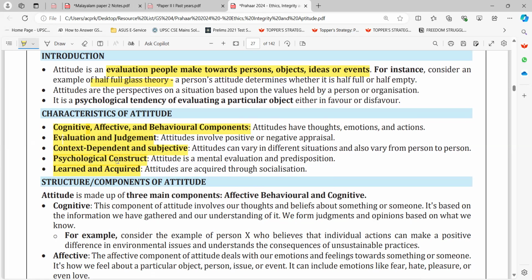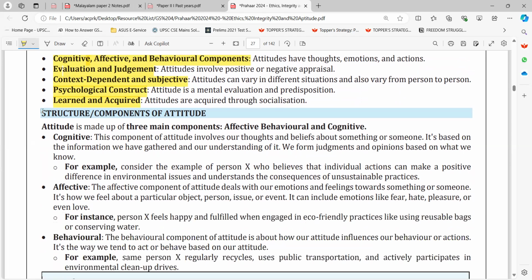Fourth one is psychological construct. Attitude is a mental evaluation and predisposition. Fifth one is learned and acquired. Attitudes are acquired through socialization. Okay, structure or components of attitude. Attitude is made up of three main components: